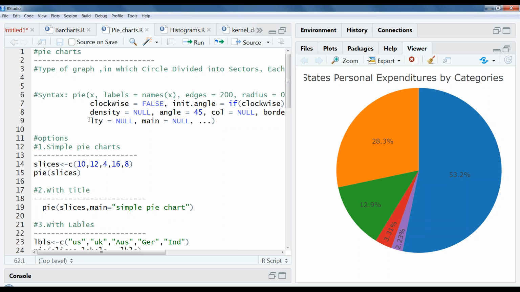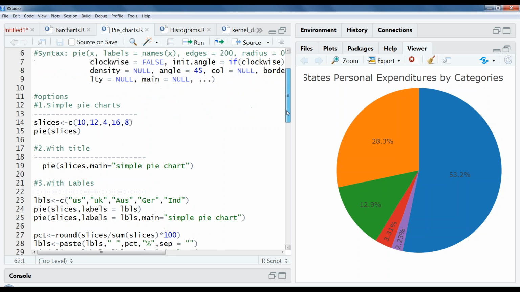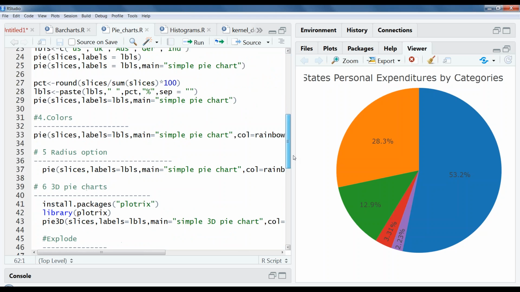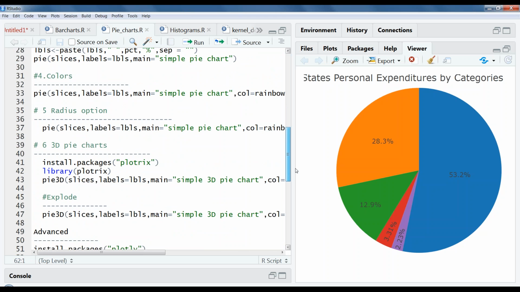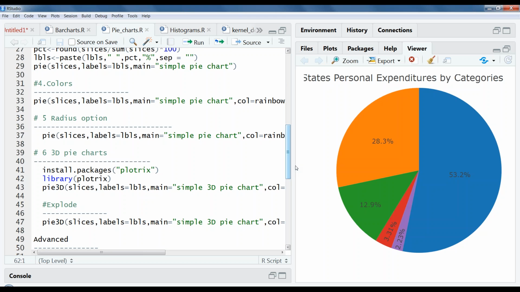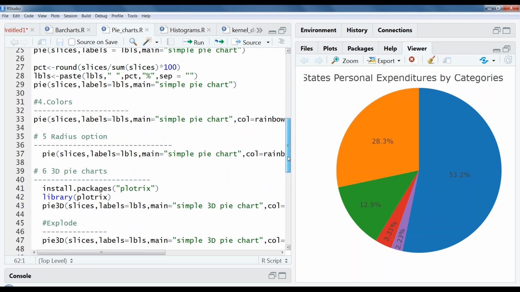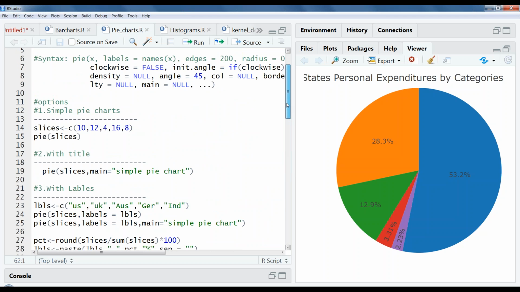We are going to see what options we have in pie chart, and we also have another separate package called Plotrix, for 3D pie charts. That also we are going to cover as part of this one.